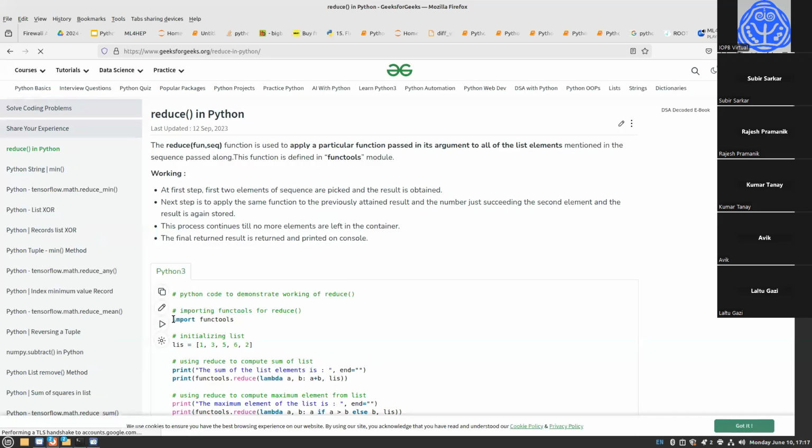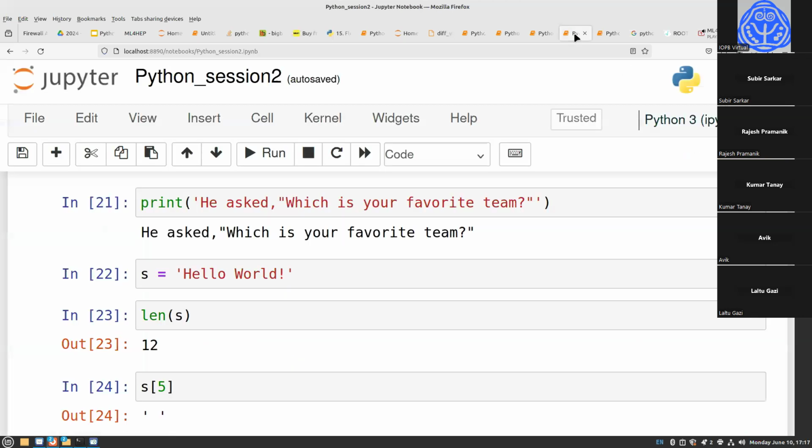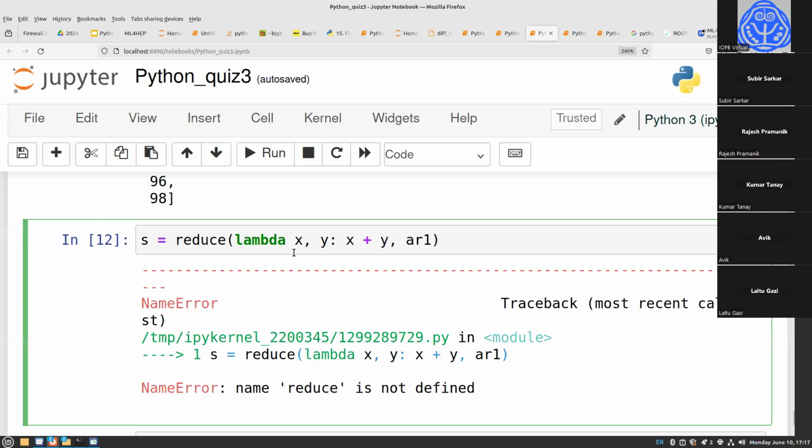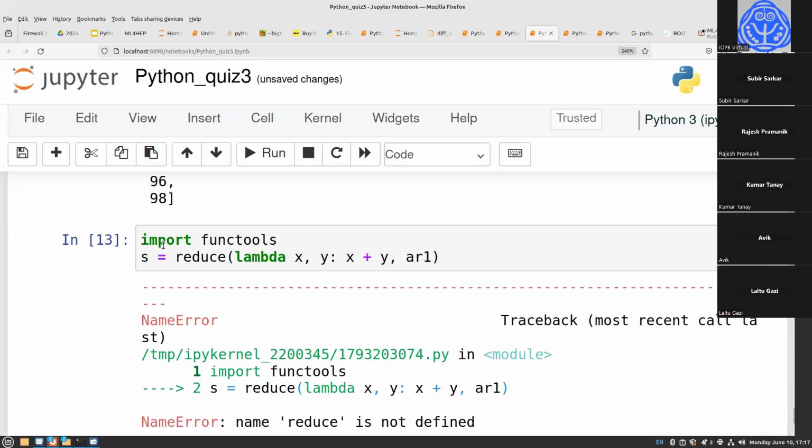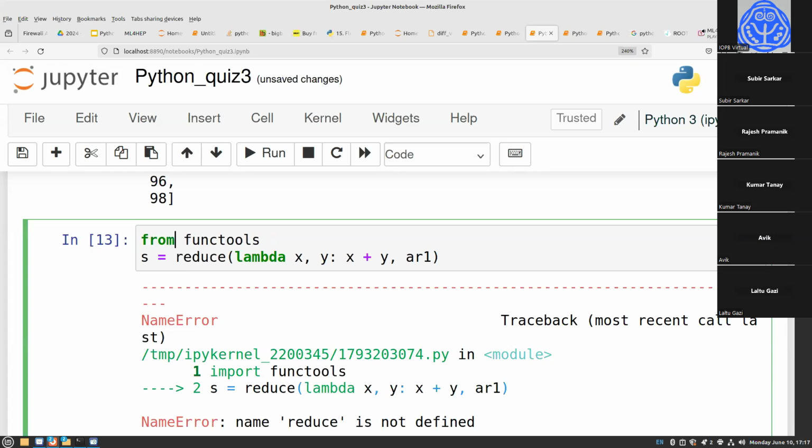It's called functools. So from functools import reduce. Okay,